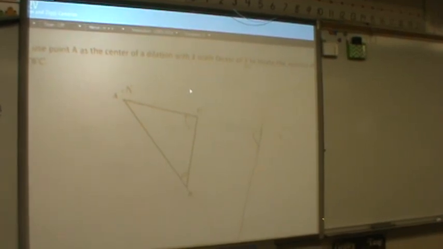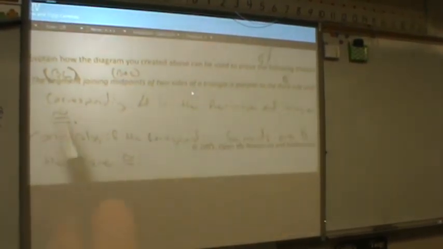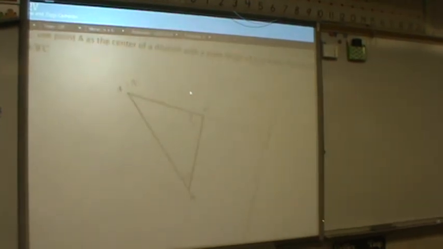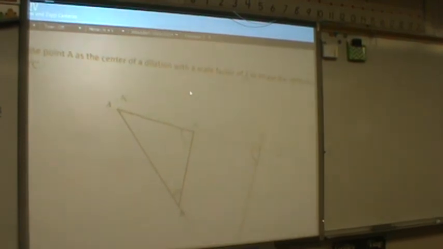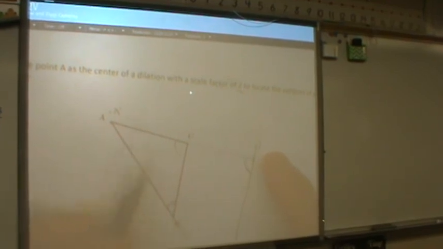Now, question 6 at the bottom. This is the last thing. I know this video is long, and I hate long videos, but here's the last thing. It says, explain in the diagram how you created the following theorem. The segment, and we'll use BC in the diagram above, joining midpoints BC. This is where I want to make sure you understand. Okay? It says the segment joining the midpoints. So this segment here, or rather this segment BC